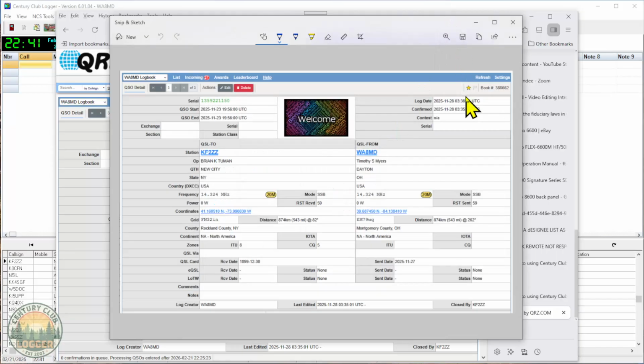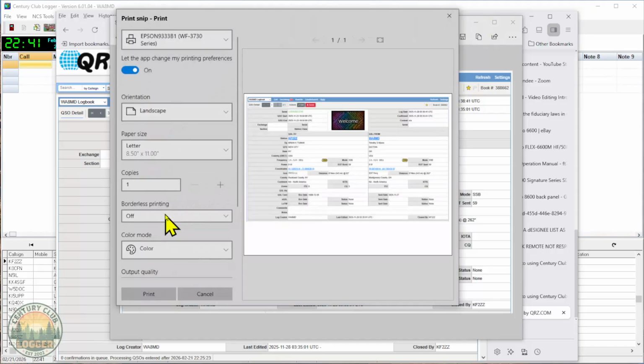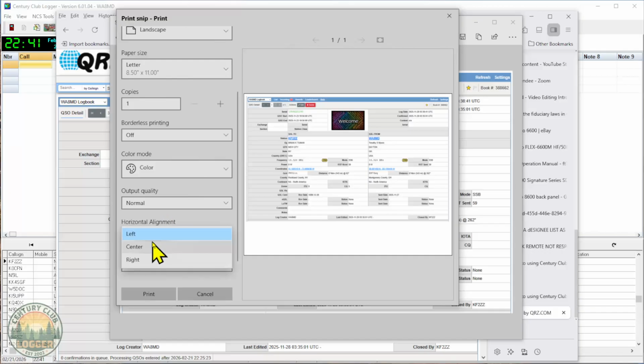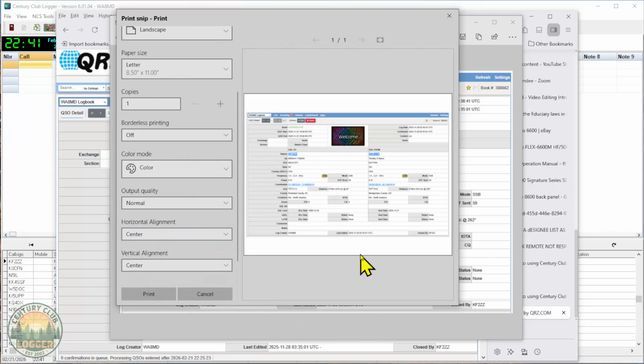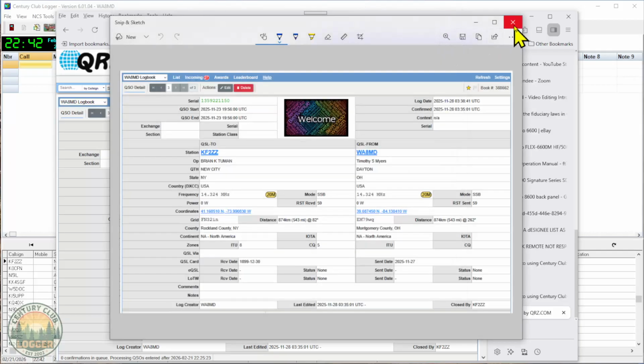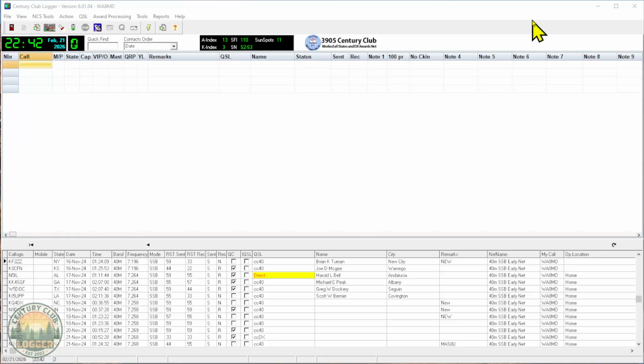While you're in this screen, you have the option of printing this, and you would do that by clicking the three dots at the top right corner, and clicking print. It's going to bring it up automatically in landscape mode. You can change it to portrait if you want. I always do it in landscape, and I center it horizontally and vertically so I've got some room to write on it. And there's your image. You can click print to print it. I'm not going to do that right now, but I am going to go ahead and close out my snippet. I'm going to minimize QRZ. And I'm going to go ahead and